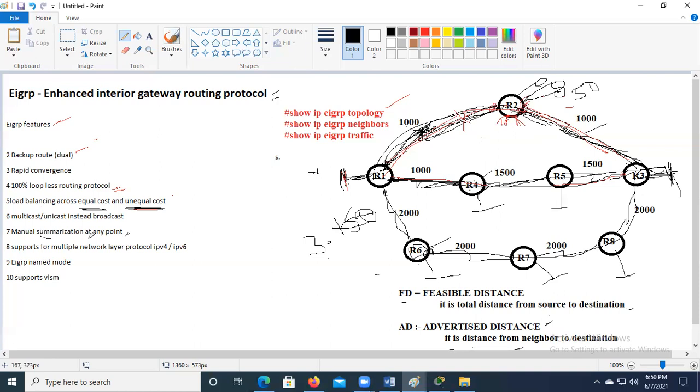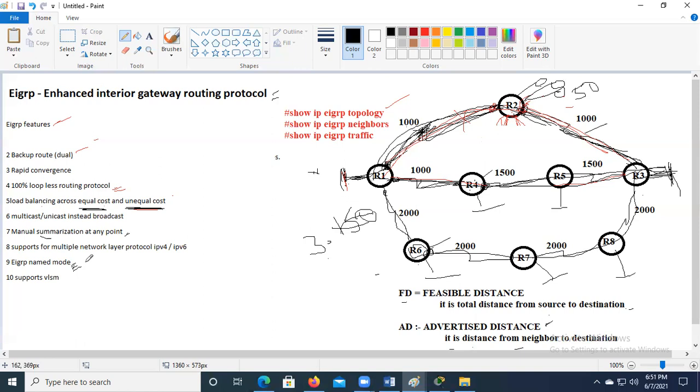And EIGRP supports multi-layer protocols, supporting IPv4 and IPv6. There is an advanced mode of configuring EIGRP, which is called EIGRP named mode. Instead of an autonomous system number, you can define a name, like router EIGRP Chandu, router EIGRP Venkatesh.